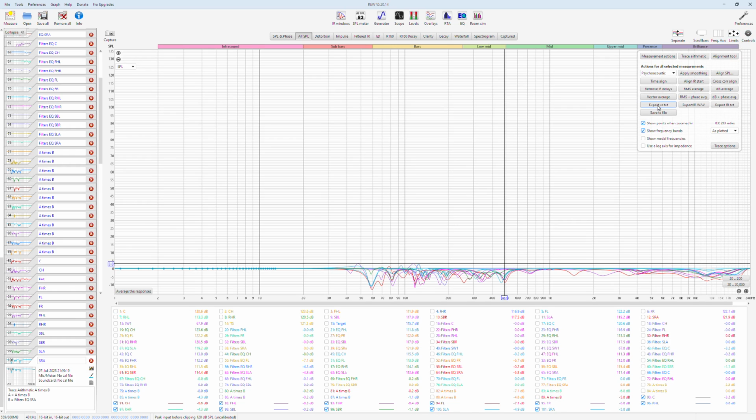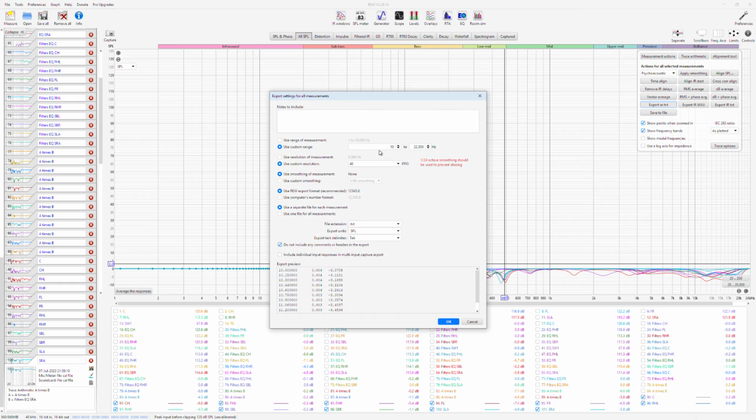Go to export as text, use custom range 10 to 22,000, custom resolution 48, this is more than enough, around 500 custom curve points. That's like a 500 band equalizer that we are applying here, just so you know. And comma separated, it has to be, and do not include any comments or headers. Must be ticked because of my HTML skills, otherwise it's not gonna understand. And it's already 3 columns which has phase information, and the snippet manages to remove the last column before pasting it to the ADY file. Otherwise you would have to take a magnitude copy of each and every filter, which is another set of work.